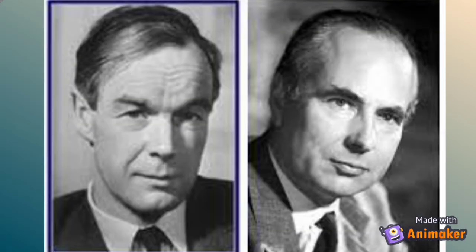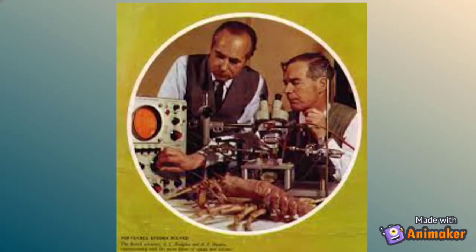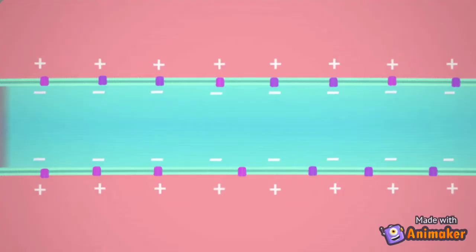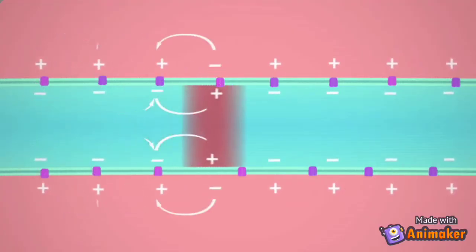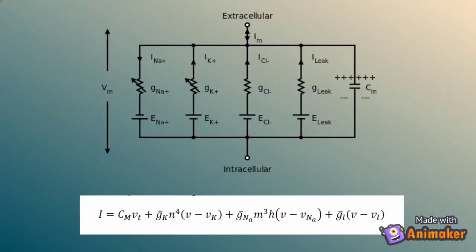In 1952, Hodgkin and Huxley made one of the most important discoveries in the neuroscience technology field. They succeeded in using the squid giant axon to measure the action potential and determine its cycle. Using these measurements, they were able to describe action potential as an electrochemical signal, conducted by the flow of ions through the nerve membrane.